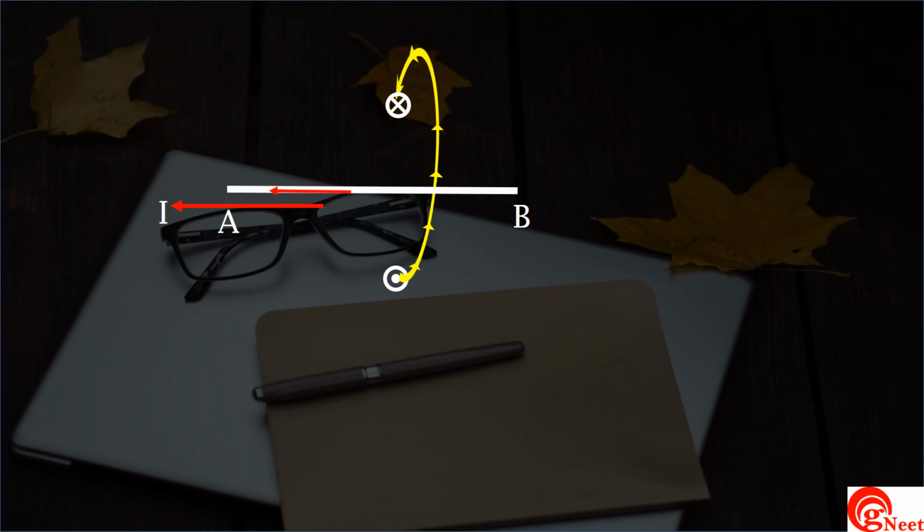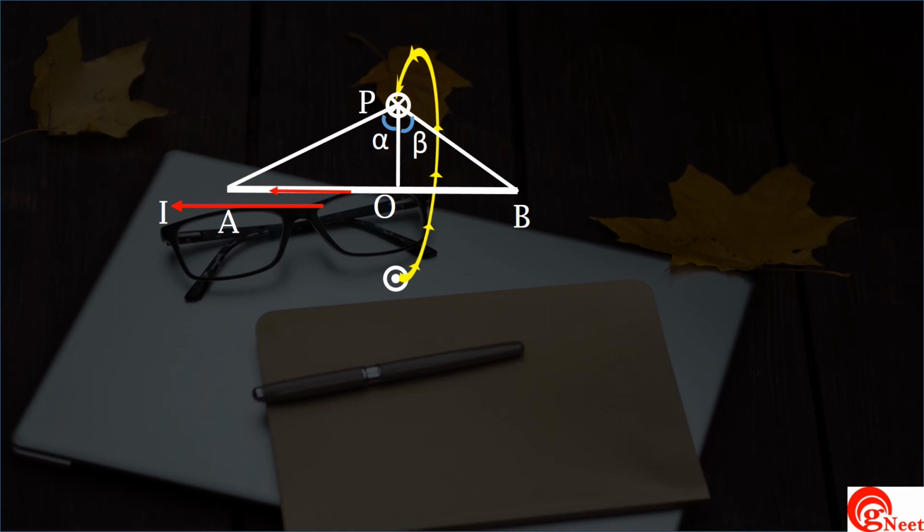In this scenario, at point P, the magnetic field is pointing into the page, which we represent with a circle and a cross. Now, let's introduce a perpendicular distance r from point P to the current carrying conductor. If you draw a line from point B to point P, it forms an angle beta with the perpendicular PO. Similarly, if we draw a line from point A to point P, it forms an angle alpha with the perpendicular